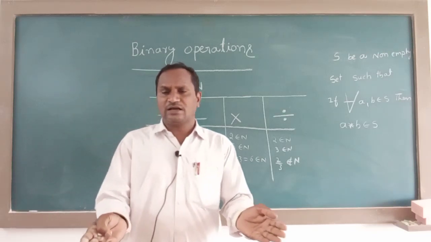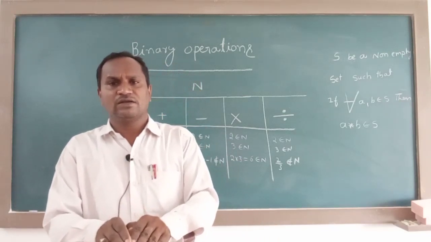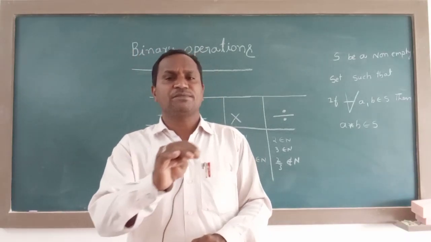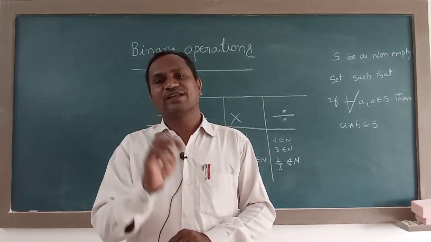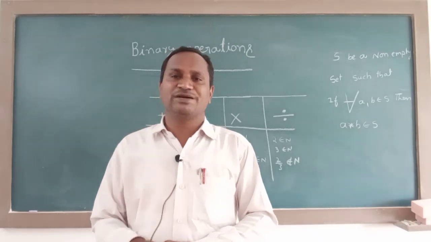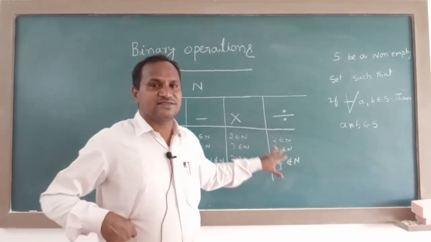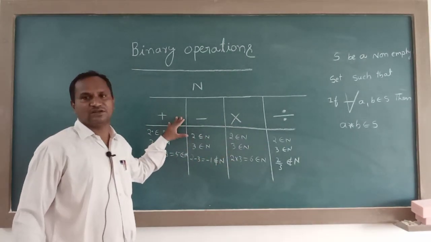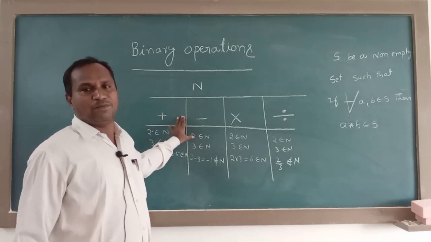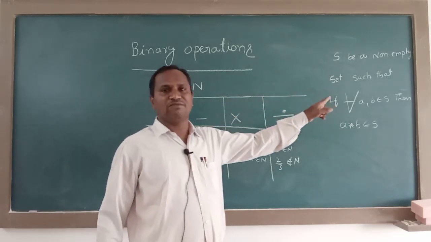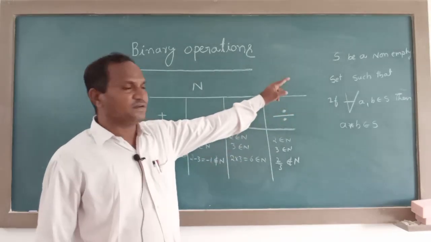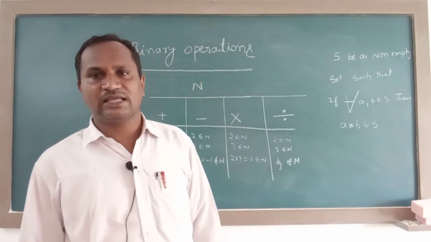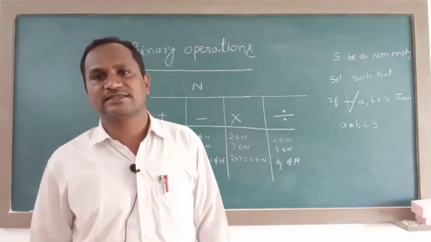Simply, you can say it is the combining of two elements. If by combining two elements you get a new element, and that new element must be present in that set, then we call that process a binary operation. These are the concepts and definitions of binary operation. The example is the set of natural numbers. Firstly, I moved with the help of the example, and afterwards I gave the definition of binary operation. The definition is: let S be a non-empty set, for all A comma B belongs to capital S, then A star B belongs to capital S, where star is a binary operation.